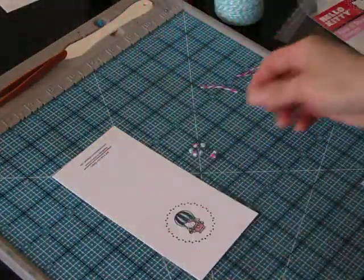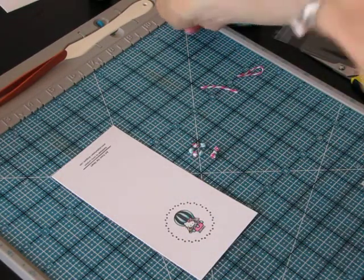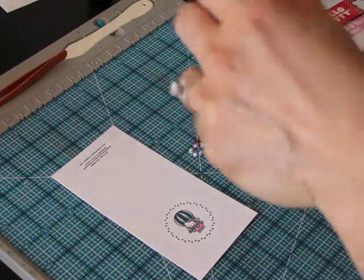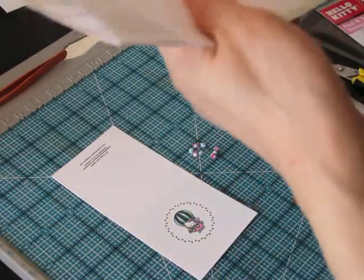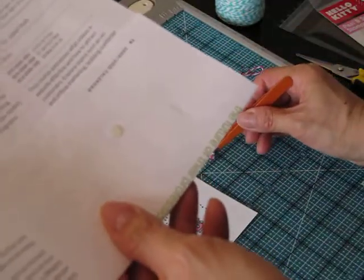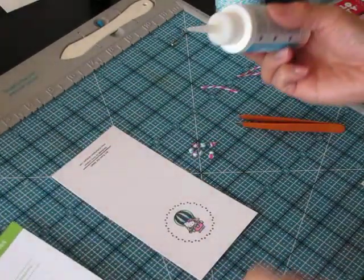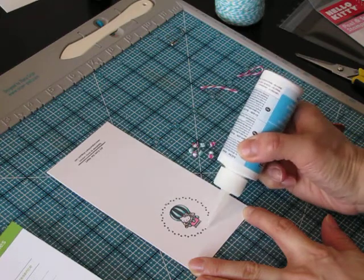So I did that 8 times for each card, and then what I did was I took some Crystal Effects. This is what I use as adhesive most of the time since it works so well. It's very strong and it dries quickly. So you can either use a Q-tip and grab your knots and dip it in there and then attach to the card. Or you can do what I did here, which is just squeeze a little bit out